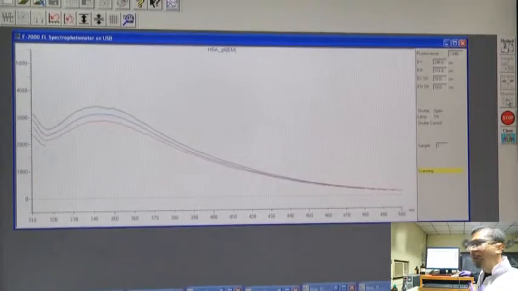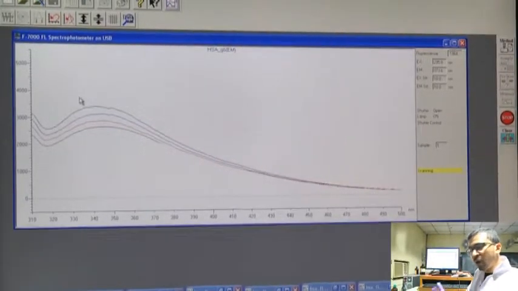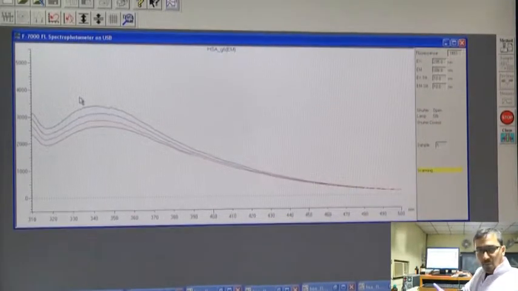One thing you can be pretty sure from this spectra is that the effect is mainly due to dilution here. So, how can I conclude from here? Actually, generally in an environment when protein is denatured, tryptophan opens up. As we have seen in the absorption spectra, the absorption intensity increases.